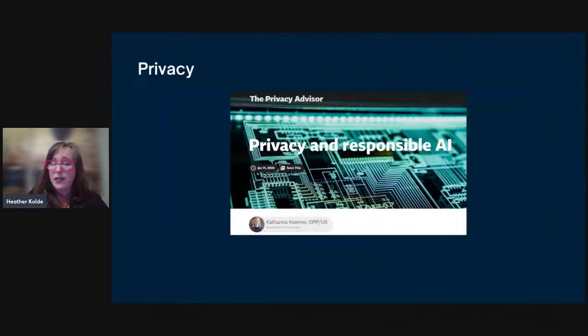I think that privacy is one that we're all very aware of. And this was a really interesting article that was put out by the International Association of Privacy Professionals. It's sort of an accessible look at what issues are on the side of the developers, and can be really informative for discussions with students.